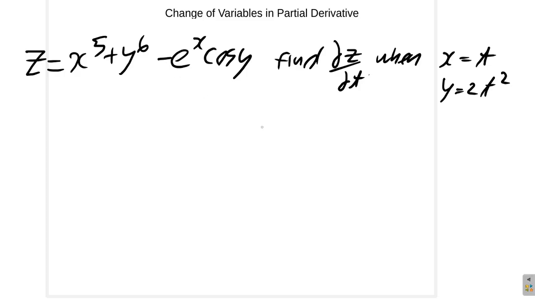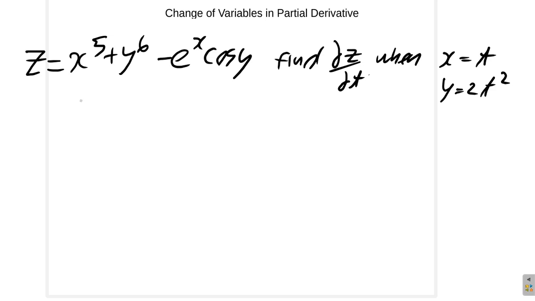We continue to look at the questions in our exercise on change of variables in partial derivatives. This question here: z is equal to x to the 5 plus y to the 6 minus e to the x cos y. You must find the partial derivative of z with respect to t when x is equal to t and y is equal to 2t squared. Now, as usual,